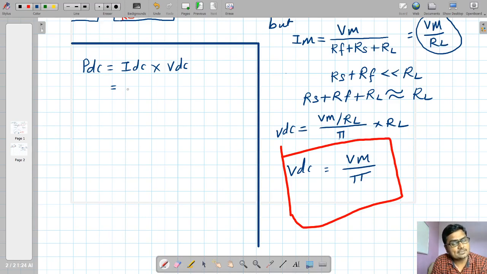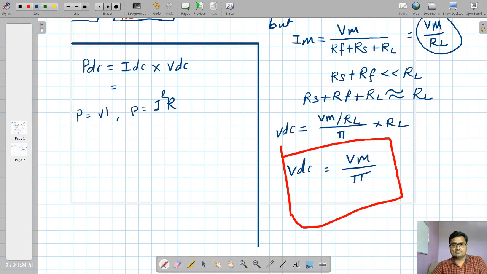Like this I can represent power in terms of current and resistor also, is it? It's not like I have to write P is equal to VI. I can write P is equal to I square R, is it? Yes, I can do that. Even I can write P in terms of voltage also. Yes, it is possible. So I have so many forms to represent the power. So one form here I am adopting is PDC is equal to IDC multiplied by VDC.